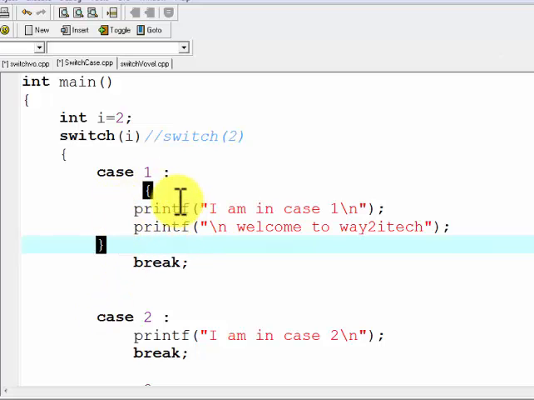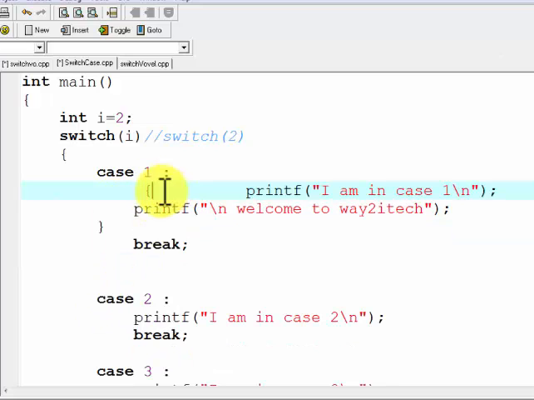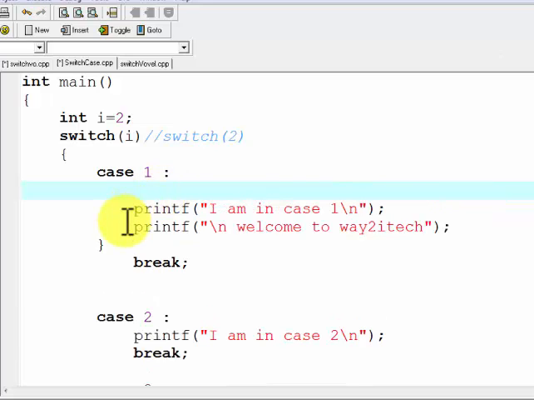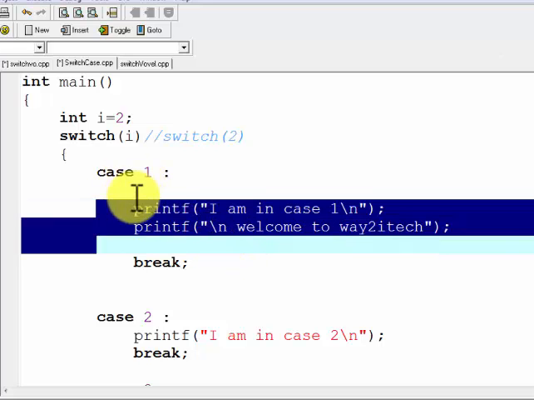Just write the statements without braces, it will work. It is understood that these statements are part of this case statement, but in if else we have to put braces if we have multiple statements.